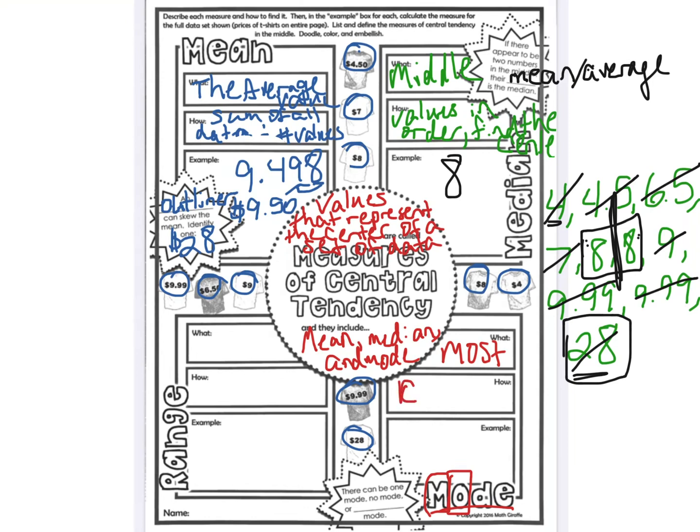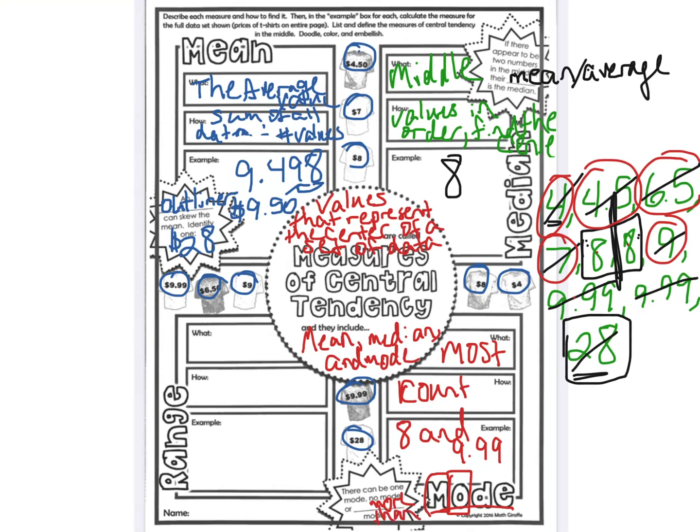All you have to do is count. This is the easiest one to find. Count however many has the most. So in our situation, we have 1 4, we have 1 4.5, we have 1 6.5, we have 1 7, we have 2 8s, we have 1 9, we have 2 999s, and we have 28. So our most often seen piece of data is 8 and 999. So you can have one mode, you can have more than one mode,